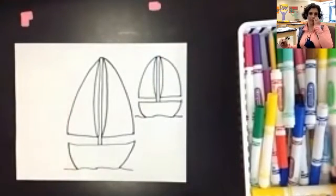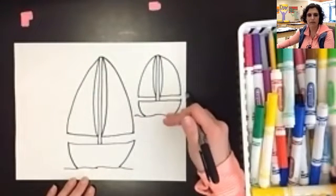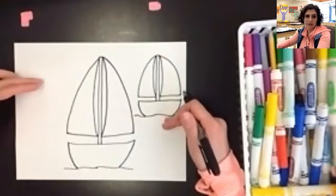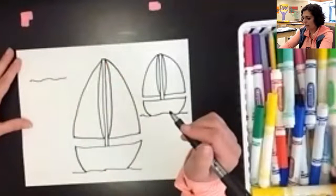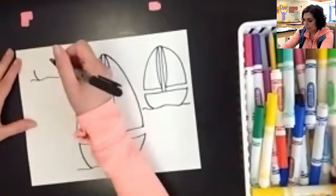And that is our second boat, and it's farther away or higher on our paper, so it looks a little bit smaller. Okay, last boat is going to be way up here in the background. It's going to be pretty far away. So again, we're going to move up some more. We're going to make that wavy line. We're going to start to create that boat shape, coming down,